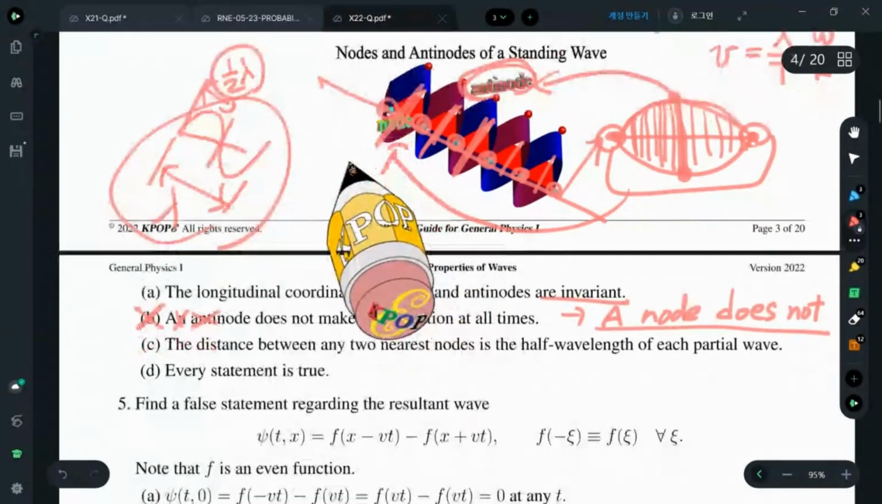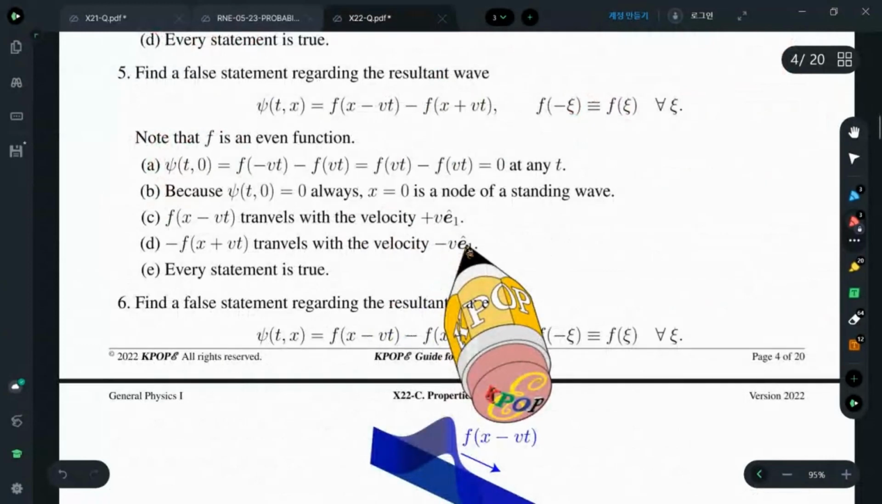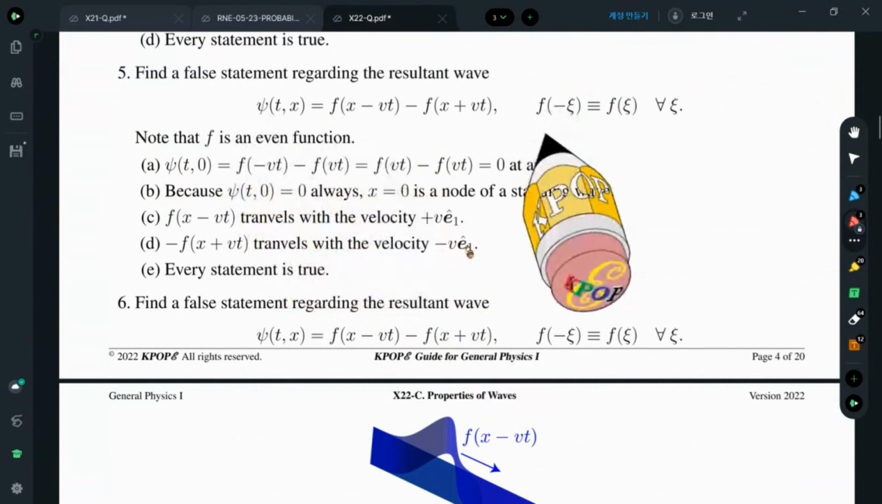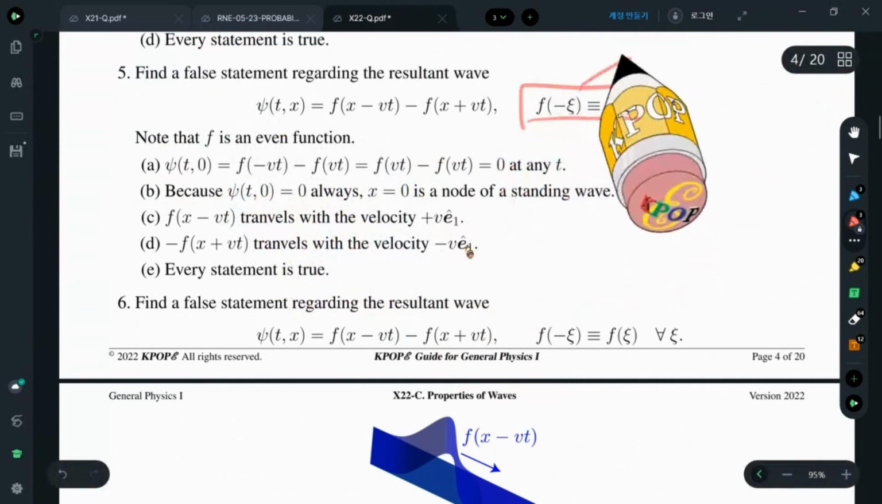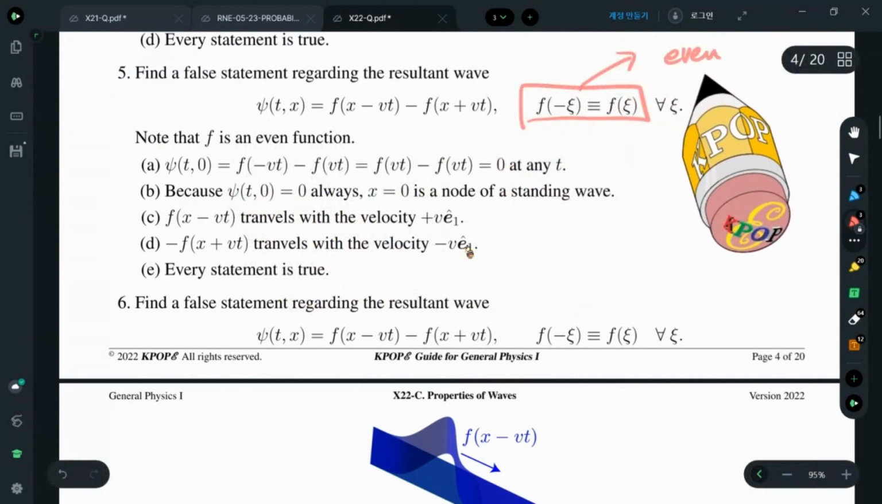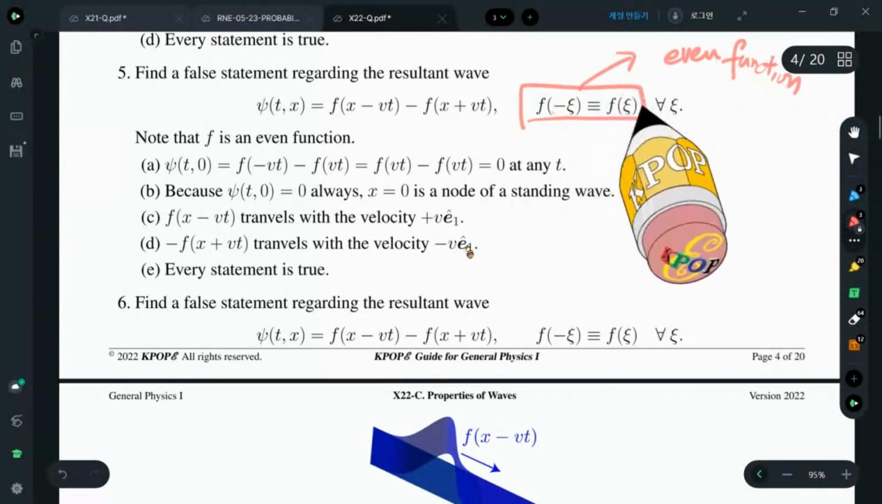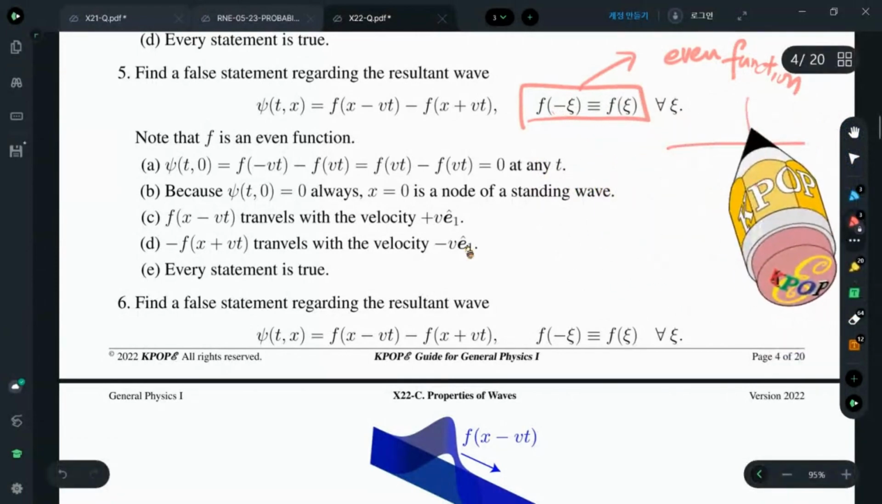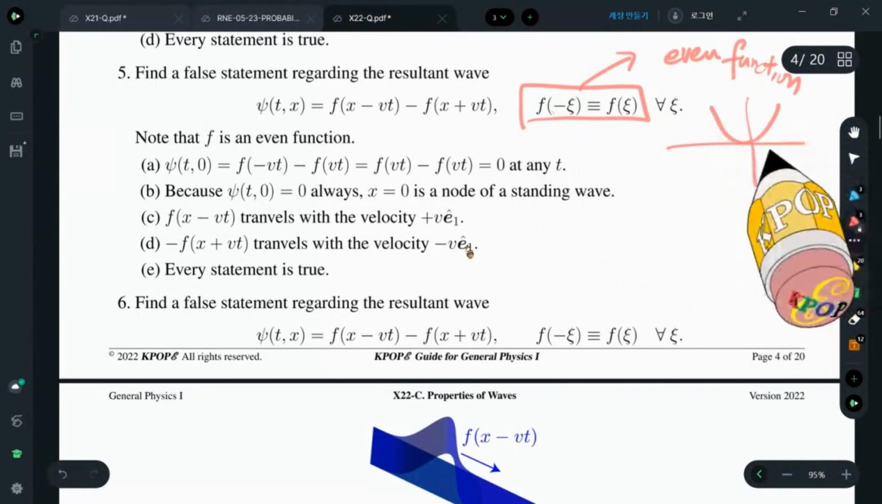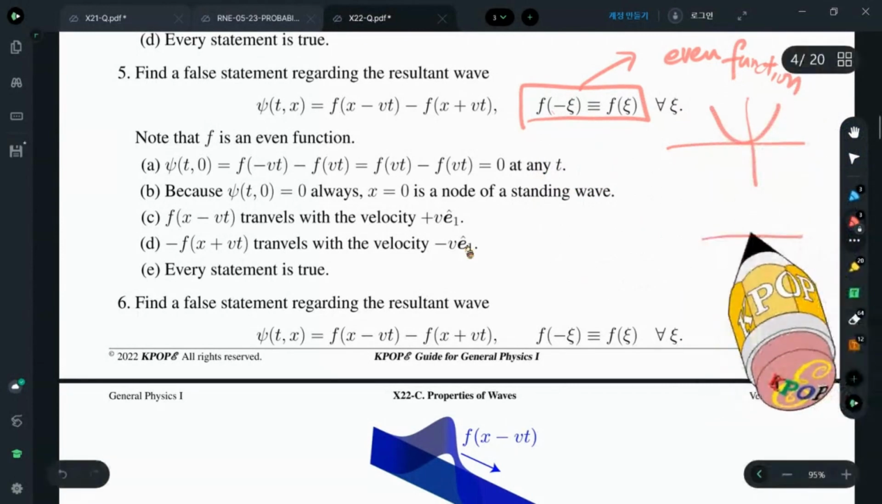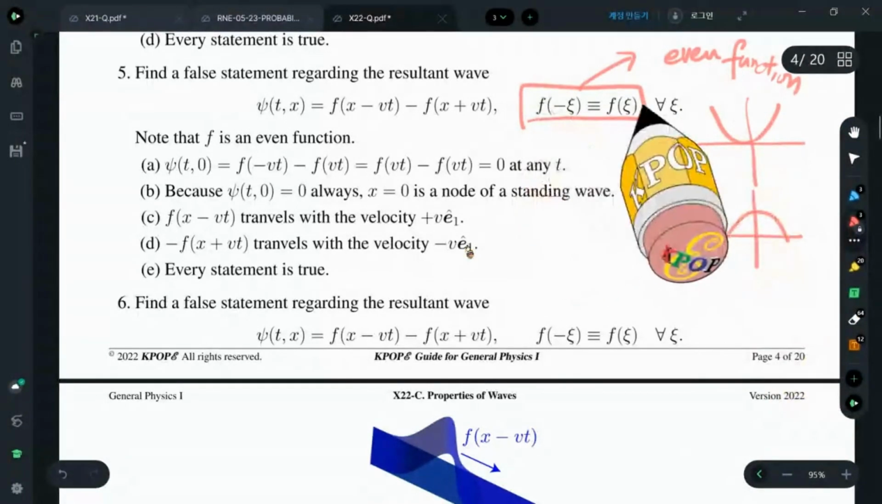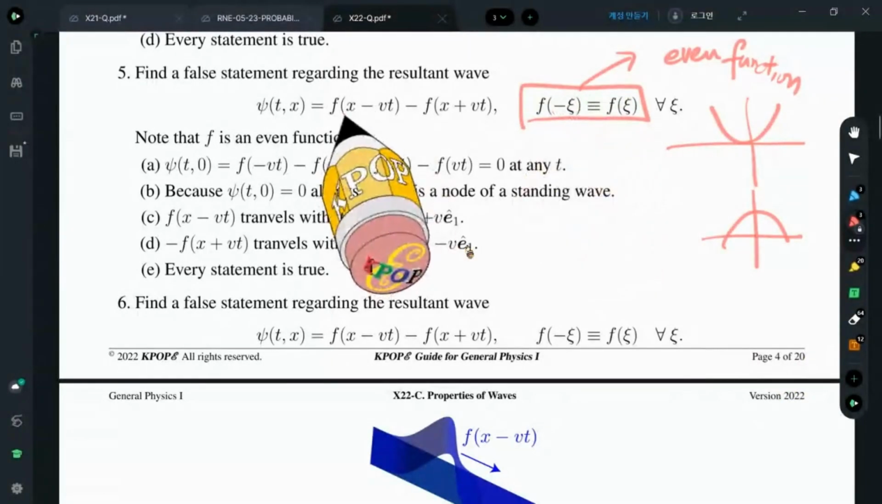Okay. Number 5. Find the false statement regarding the resultant wave. We have a function. This one is called an even function. If I replace the sign, the result is the same. Examples of even functions are y equals x squared or cosine. They are even functions. Okay. And I use this even function. I substitute two